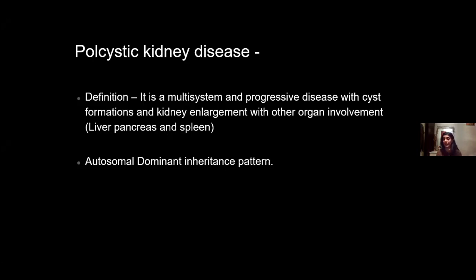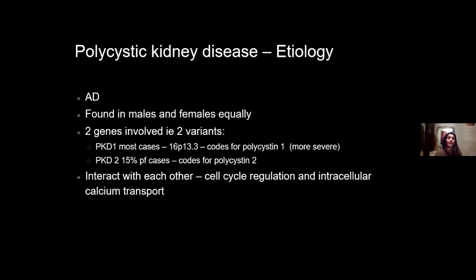Like I said already, it has an autosomal dominant inheritance pattern. So this means that it's not X or Y linked, it's going to occur in an equal distribution in male and female. So it's autosomal dominant, found in males and females equally. There's two genes that are involved, and that means there's two variants. So we have PKD1, which is the most common, and this is due to a genetic mutation that